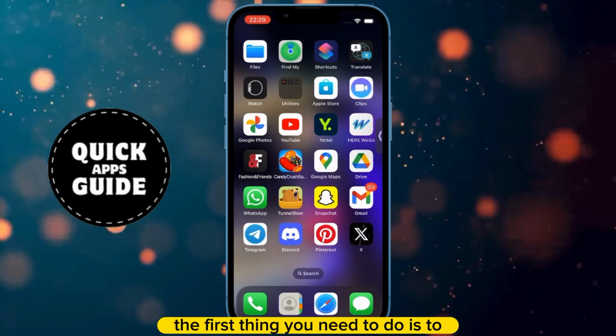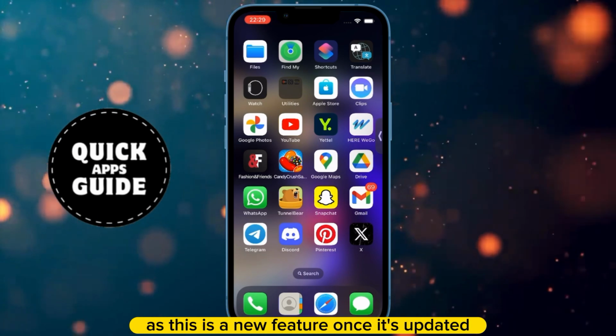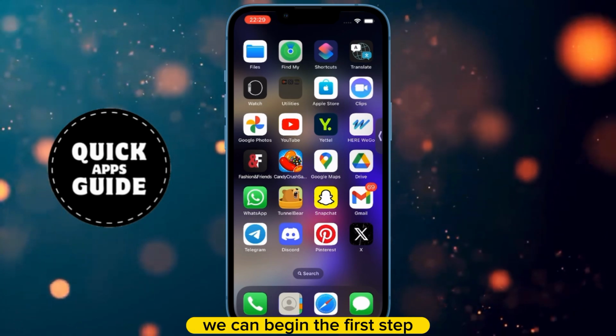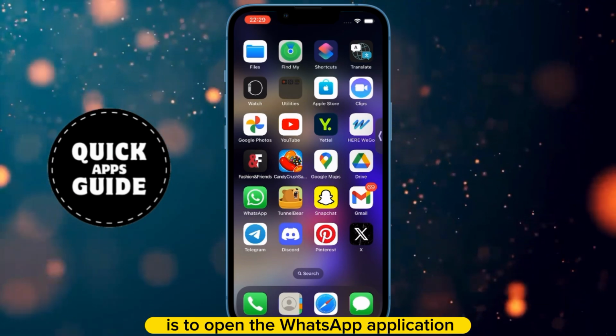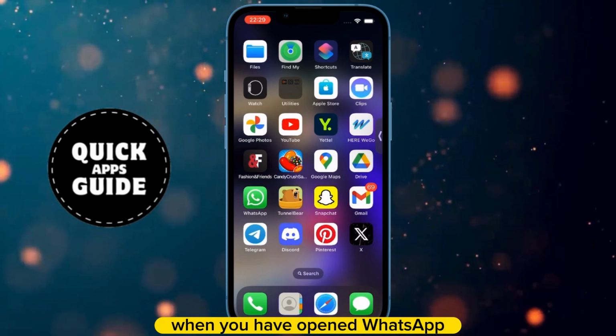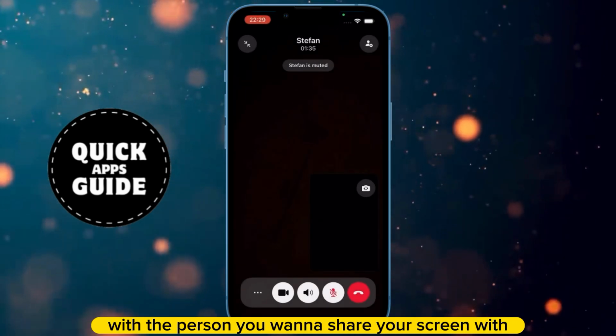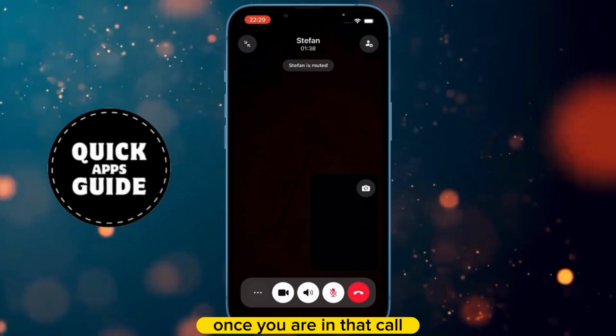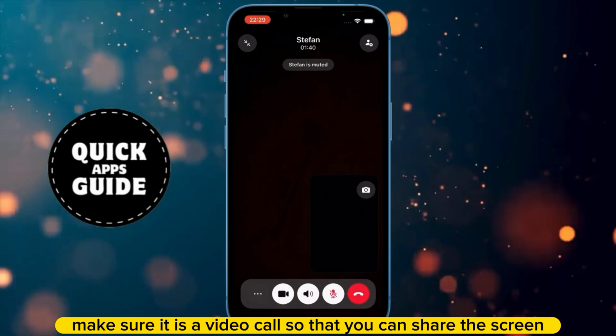The first thing you need to do is to check if your WhatsApp is updated, as this is a new feature. Once it's updated, we can begin. The first step is to open the WhatsApp application. When you have opened WhatsApp, you need to go to a call with the person you want to share your screen with. Once you are in that call, make sure it is a video call so that you can share